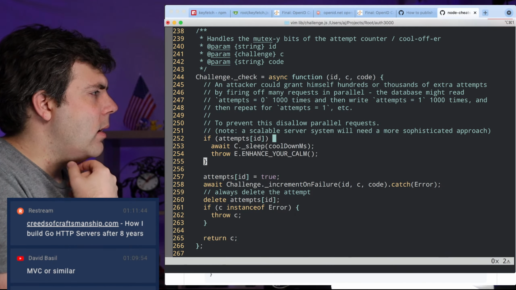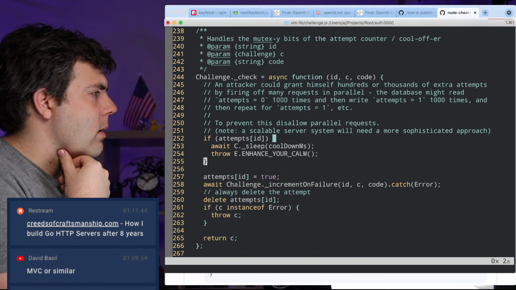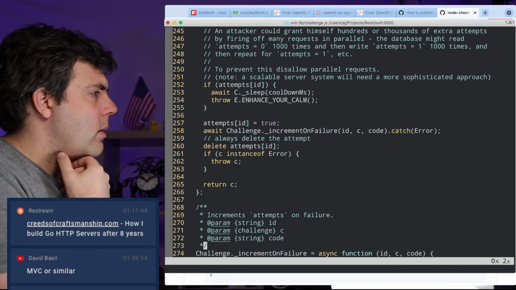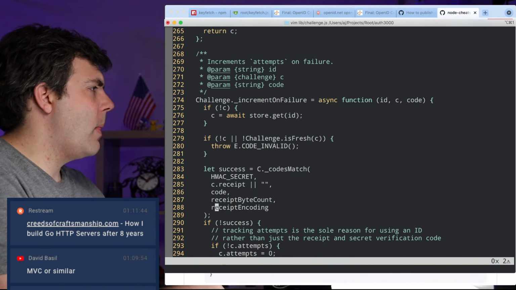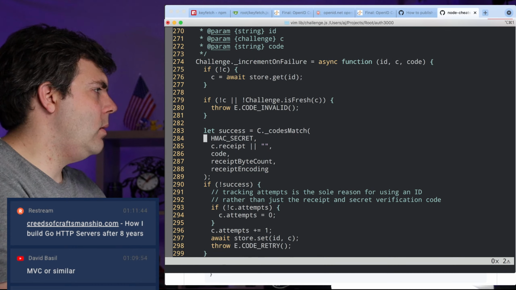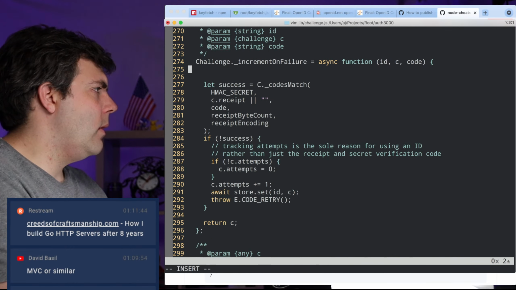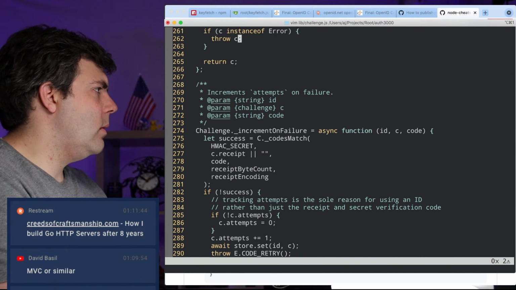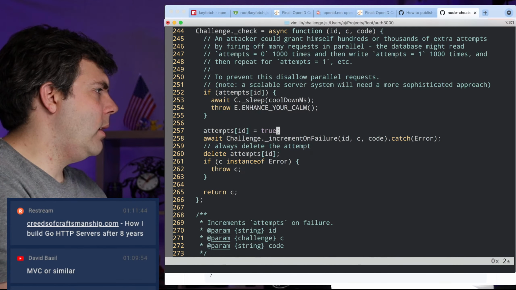Because then, do I even need the, yeah, I'd still need the ID. So increment on failure, I think there's not much else to do here. So let's just bring this up one.